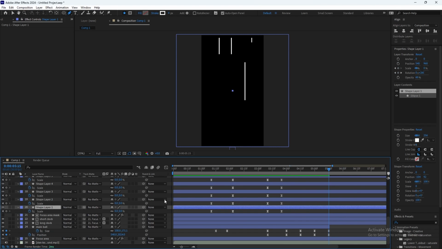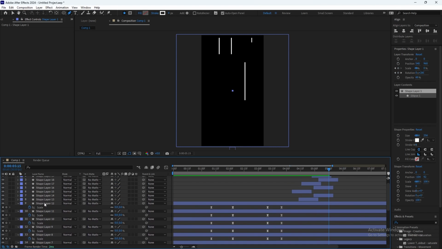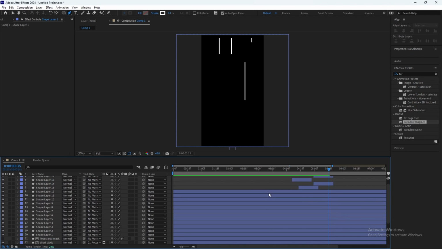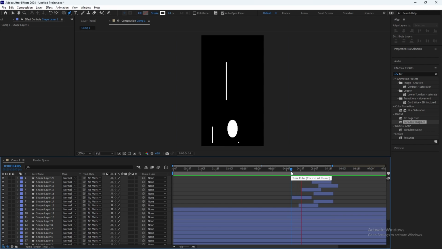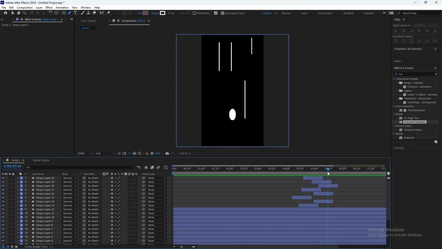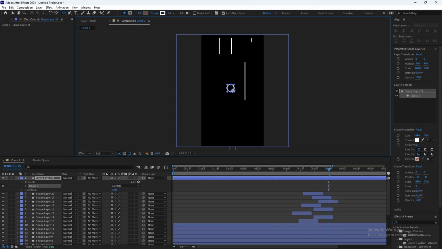Now, what we have left, let's first of all close all those things. And just add another ball somewhere here. Click shift to make it even.